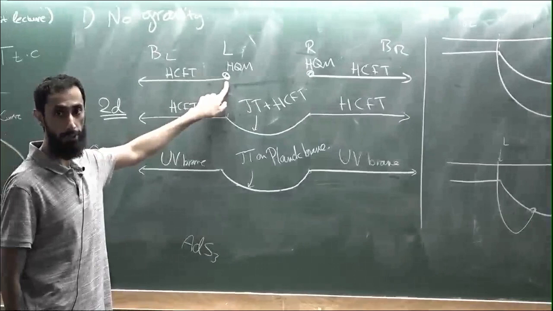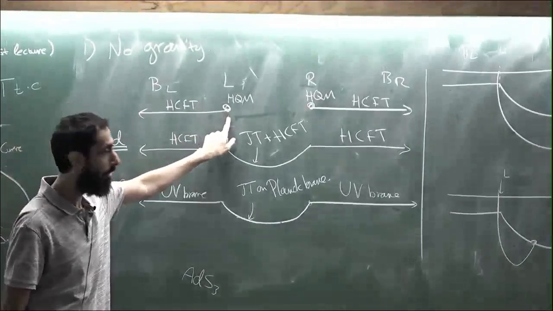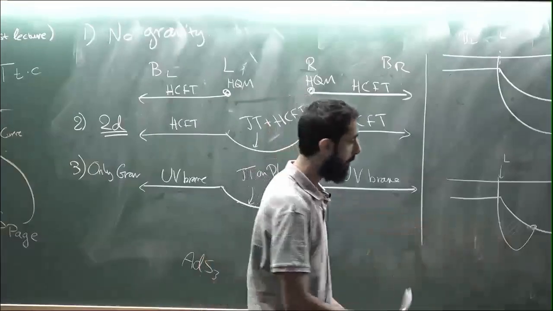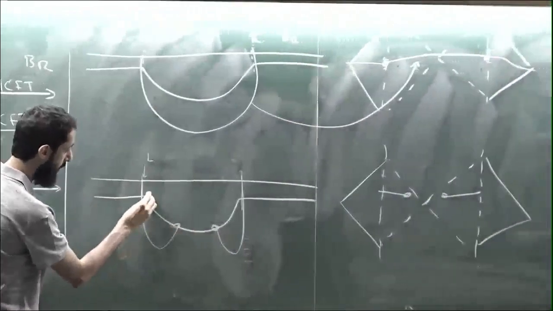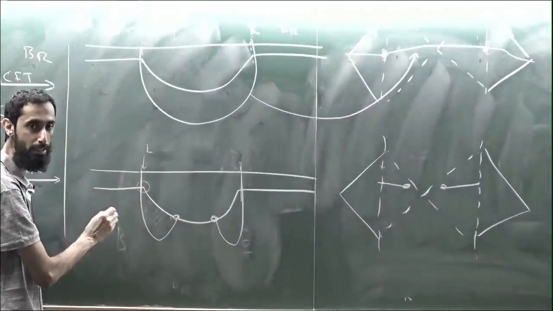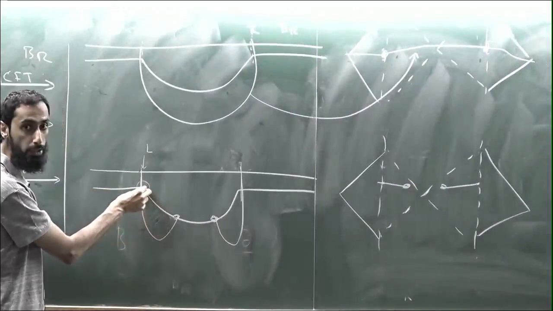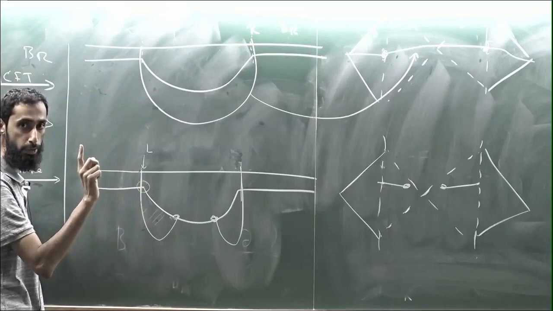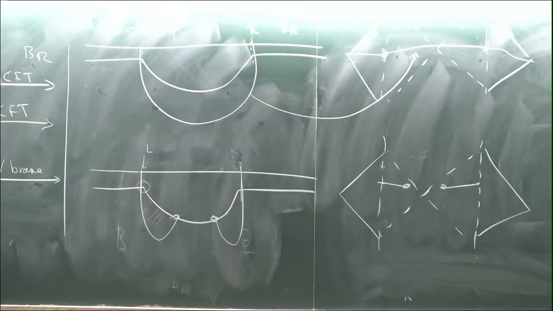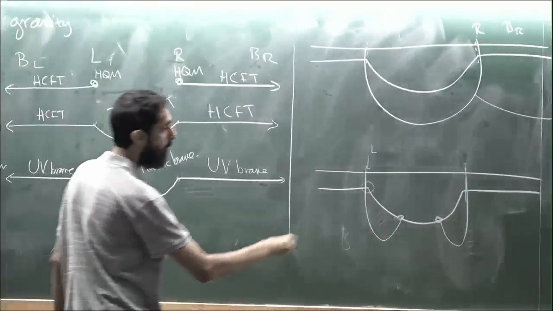So I should look for surfaces that are homologous to this point. This is one such surface, because I can contract this all the way down to L. You can think of L as sort of living here, in some sense. I can contract this all the way down to this point, so it's homologous to this point. If L is confusing, let's think of computing the entropy of BL. So now we're looking at